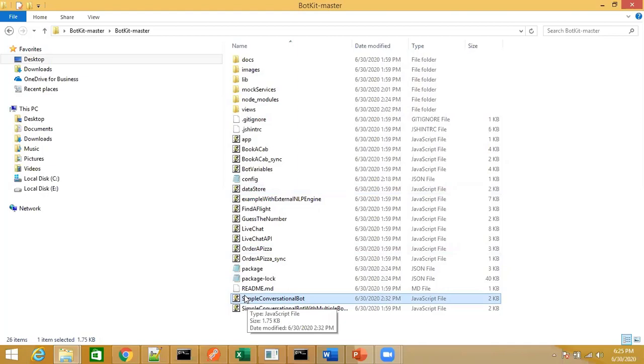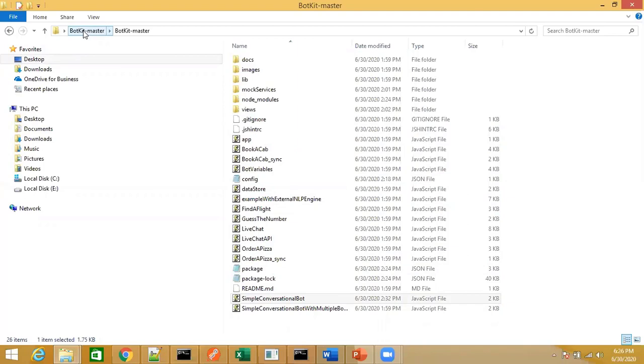I'm going to show you an example where I'm going to handle user messages. If the user says something for which my bot is not trained, I want to handle those kinds of situations through the BotKit layer. There are JavaScript files which are created for handling these kinds of situations. All I need to do as a developer is go into the file and provide my configuration details. I'll come to these files later on, but these files will be available once you download the BotKit master from our GitHub, and it will be a zip folder.